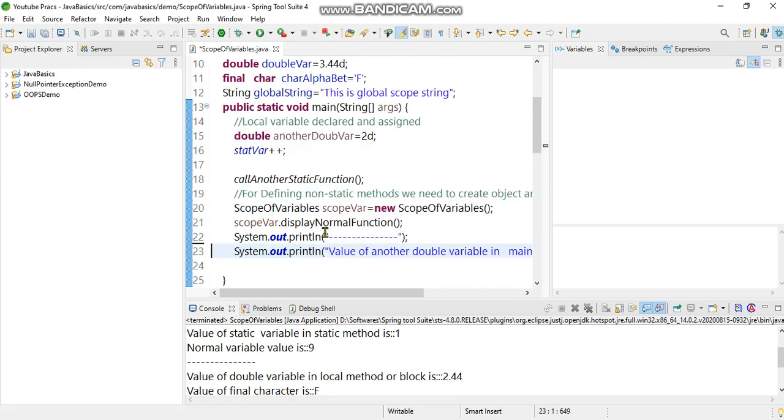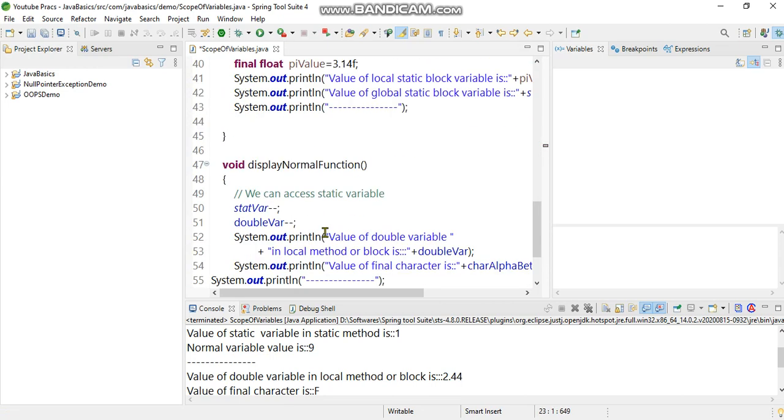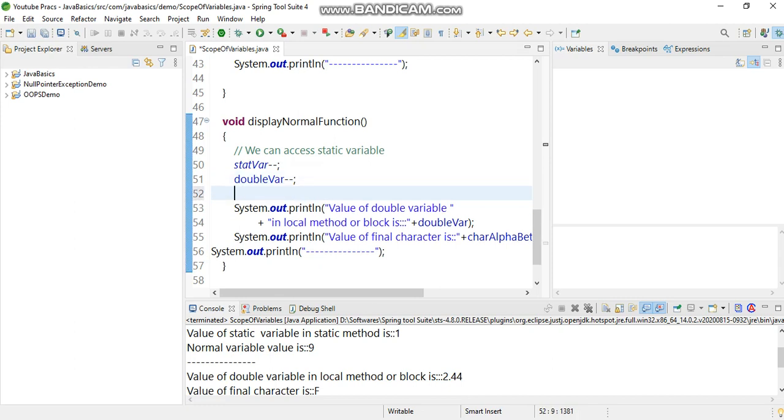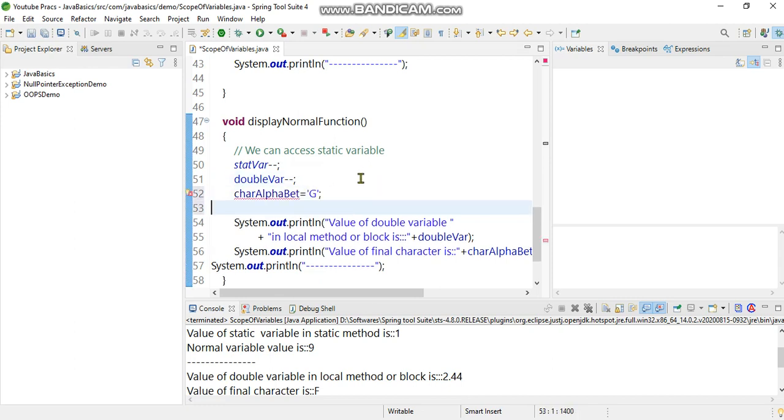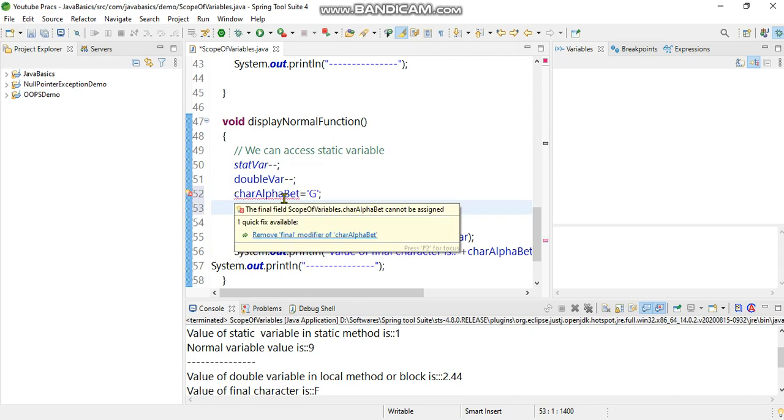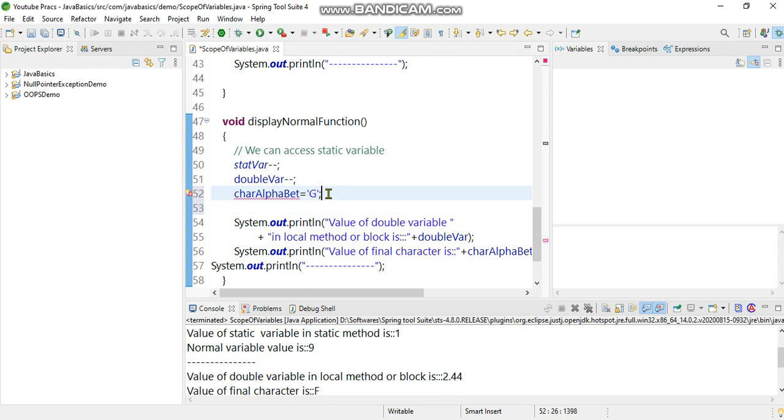Even in the non-static method, if I try to do so, it will again give a compilation error, because the final modifier cannot be changed, so you cannot do so.